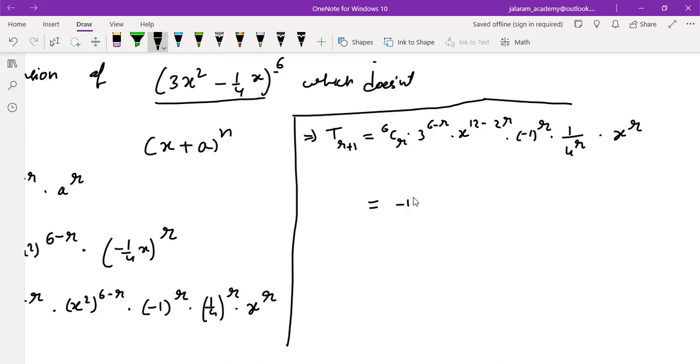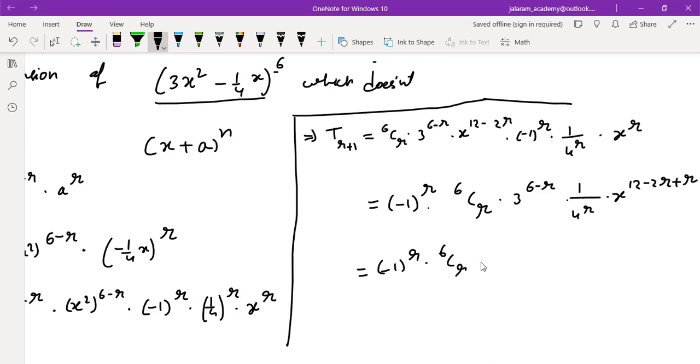First of all, write the sign, whether it is positive or negative depending on the value of r. Then the binomial coefficient 6Cr into the other coefficients, 3 to the power 6 minus r into 1 by 4 to the power r. Then it's the turn to write x: it is 12 minus 2r plus r on adding the powers. So solve it one by one always: 3 to the power 6 minus r upon 4 to the power r